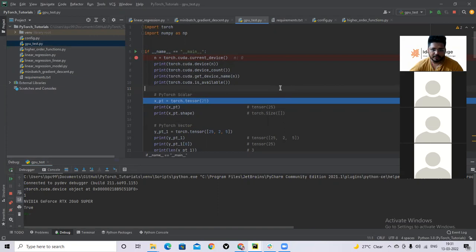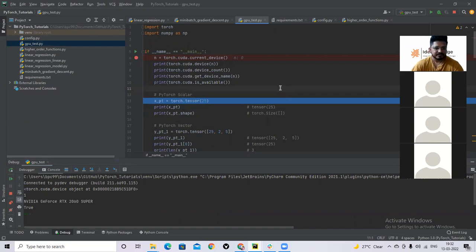So if you don't know how many CUDA devices there are, or what their names or numbers are, it will not be possible for you to do that, right? So you first have to know what CUDA devices you have, what their names are, and what their numbers are. Accordingly, I will tell you the code in which you can send the data to the CUDA device and then compute everything there.